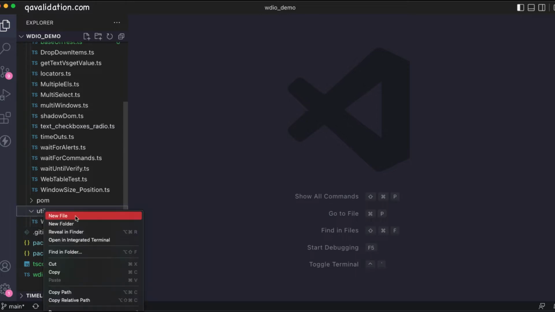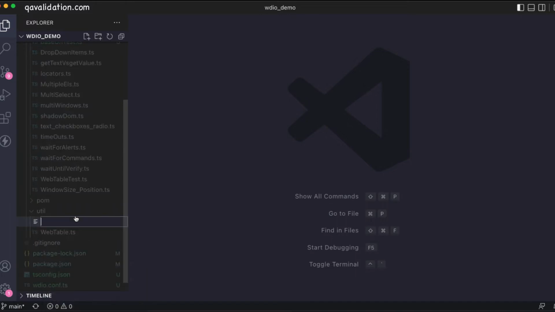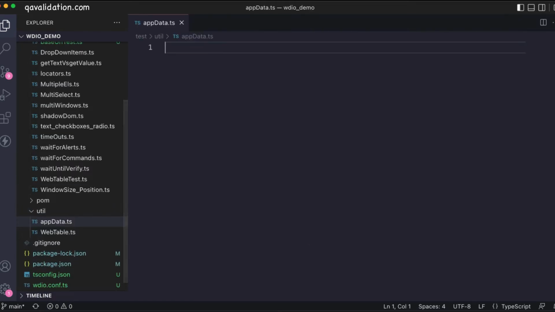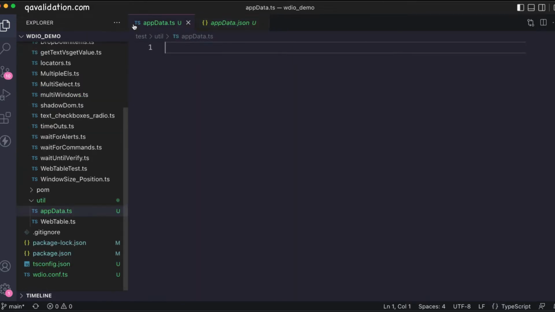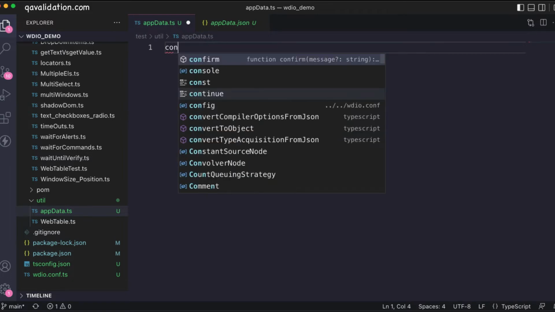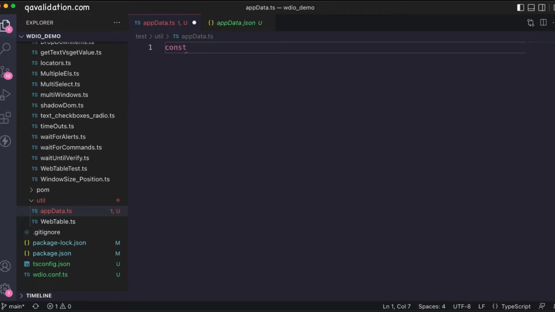Now under this I will be creating a new file. Let's name it as appdata.ts. Now appdata.json is the actual data. The appdata.ts will actually read the content of appdata.json based on the requirement. Fine. So the first thing we need to do is import that particular JSON file to